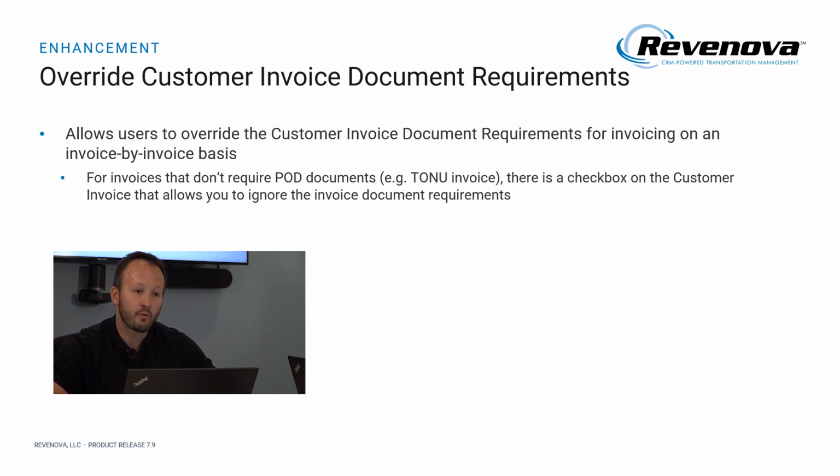So as many of you know, we have a significant, well-developed integration with HubTran, now TriumphPay, that allows you to identify all of the particular documents that might be required from a POD perspective for the customer. But when you have instances where perhaps the load didn't move, maybe it's a TONU invoice that you're sending to the customer, there wasn't really a way to override the invoice document requirements, and so this new checkbox allows you